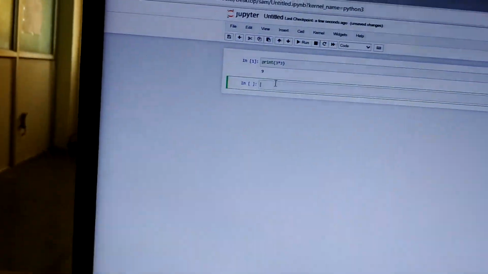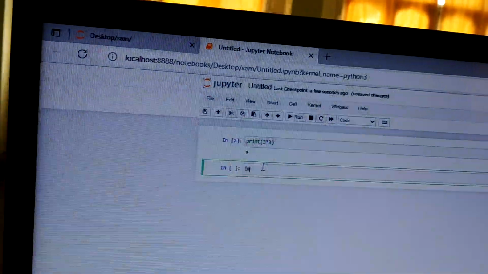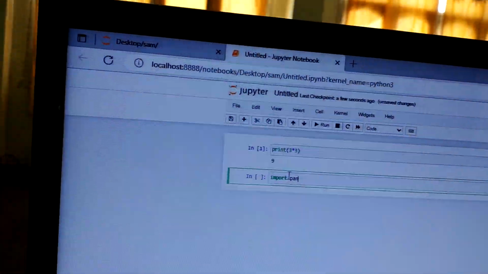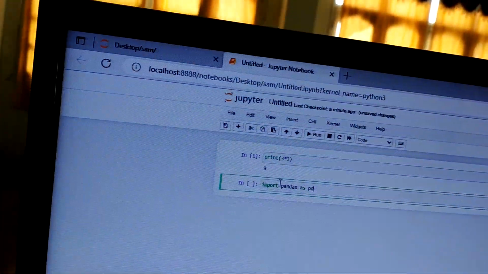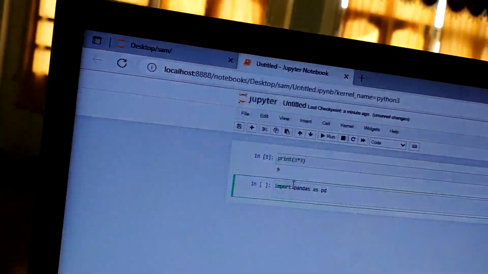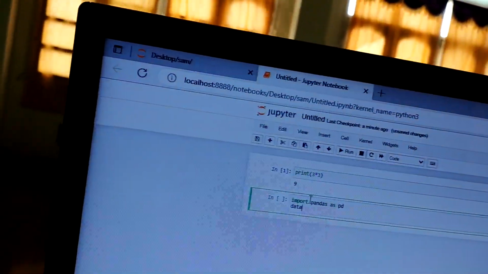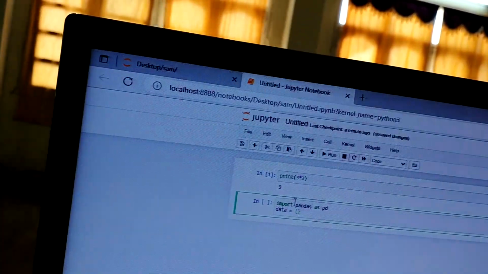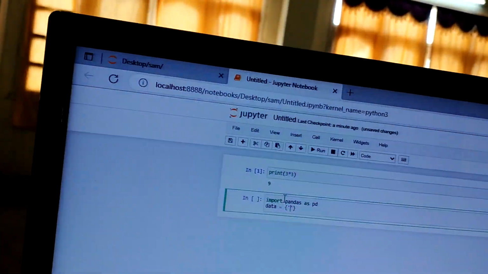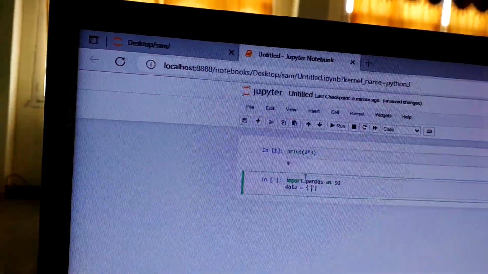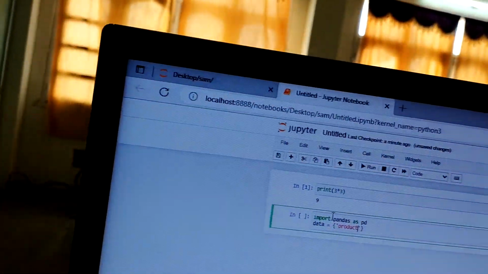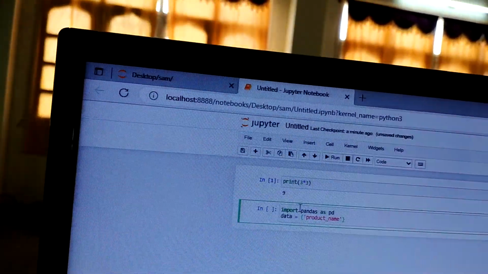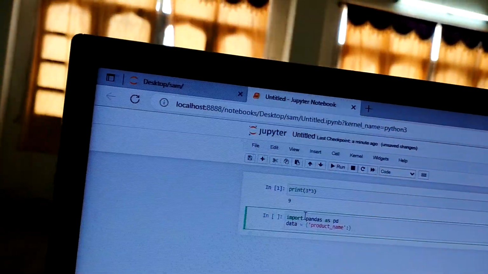Now similarly, I'll write import, something we are importing. Import pandas as pd. Now in that we are sending the data. So I'm writing it as data. Now in this data we will have a list, a program, with product name and the price. So I'll write product name here, product name with the colon. After that you will have it as